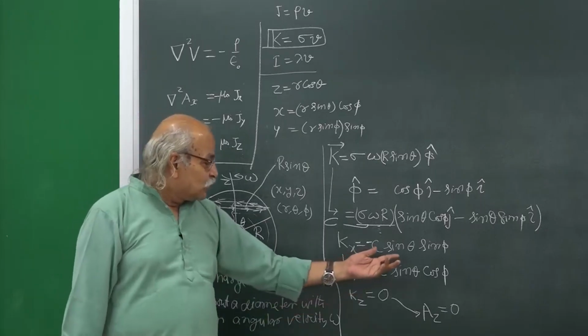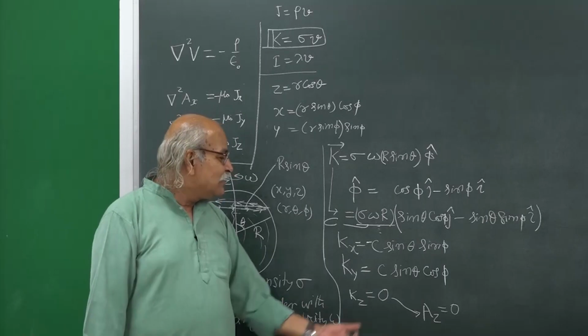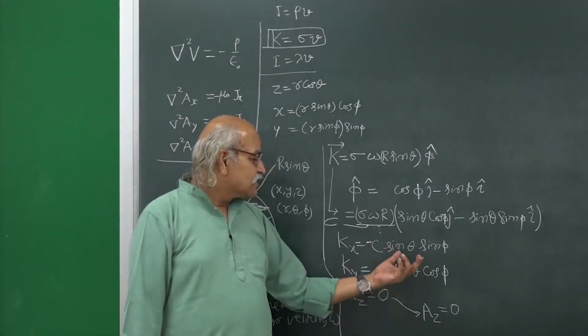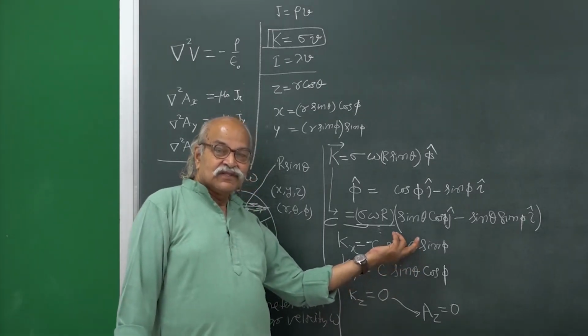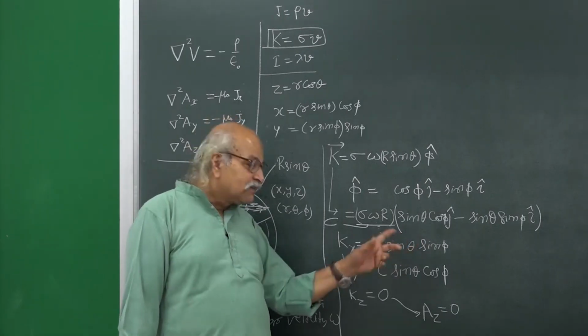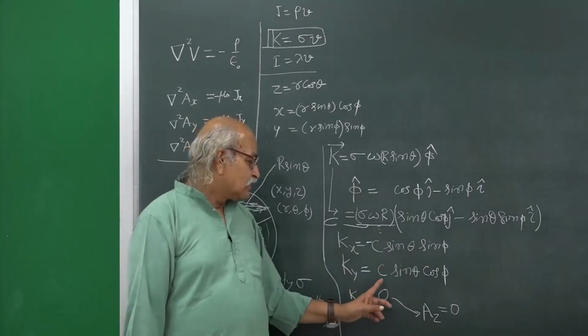But do I know it, or can I know it easily? What will be the electric field, what will be the electric potential if you have a spherical charge distribution, charges on the surface of the sphere with this density, some constant times sin theta sin phi or some constant times